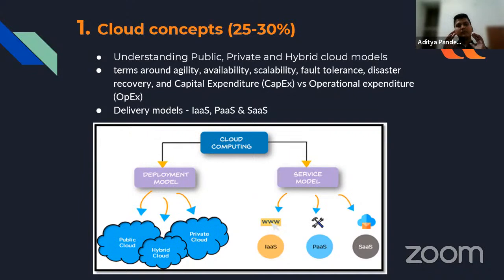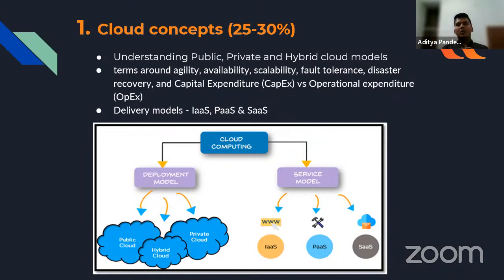Now, if I talk about platform as a service, just 1 minute, I want to add one more thing in infrastructure as a service. See, when they give you their VM, what you have to do is install your operating system, and then only you can run your game, right? But in platform as a service, the difference is they are giving you their virtual machine, but the operating system is already installed on it, right? You don't have to worry about the operating system. You can just take your DVD, install your game and then play it.